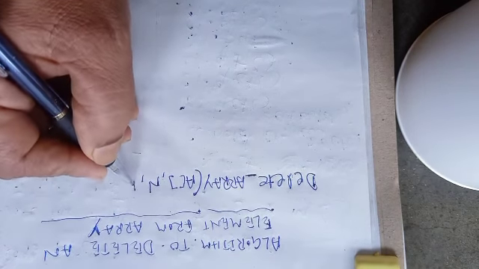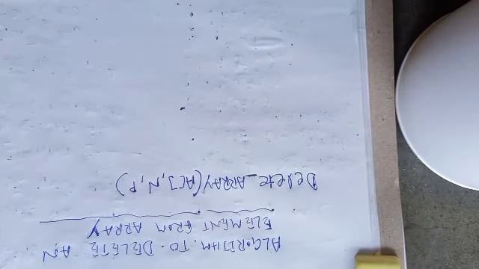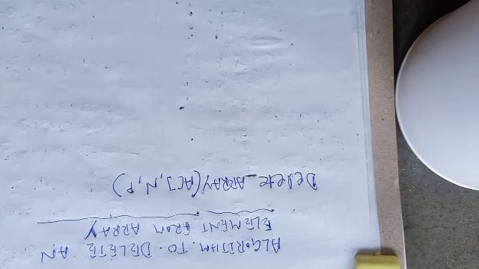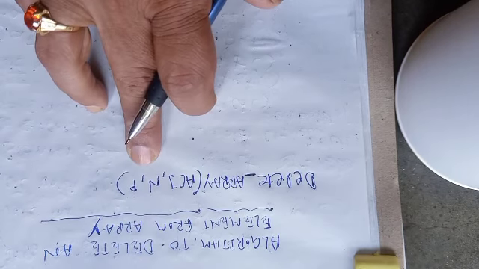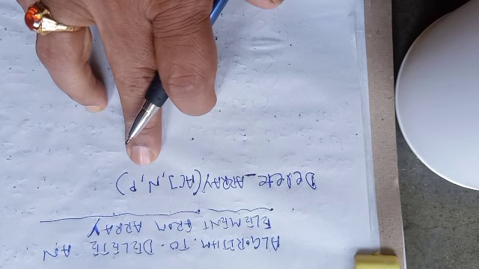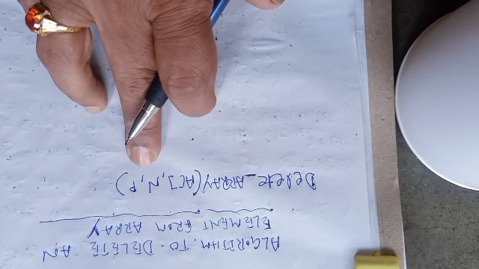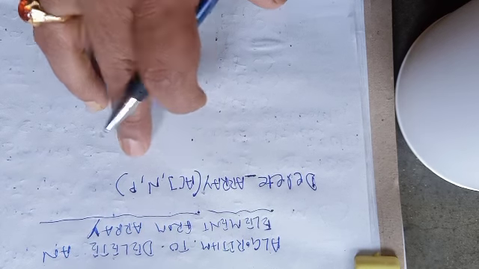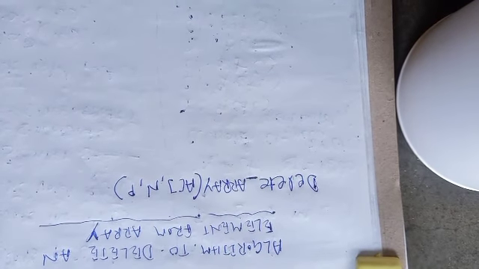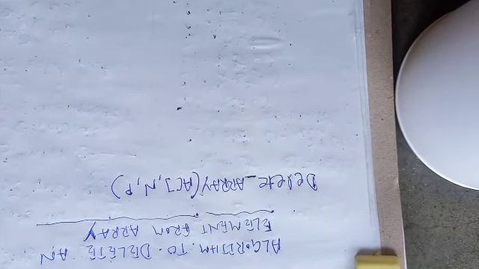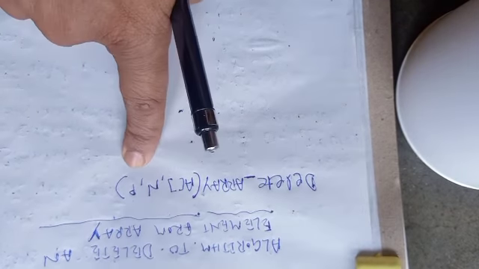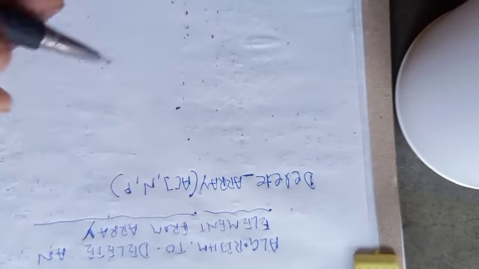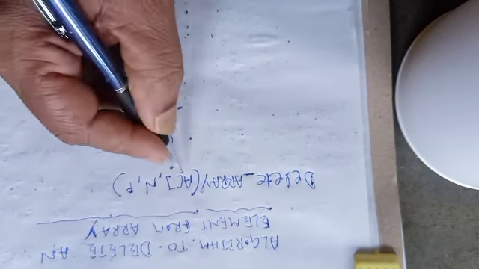Now here we will use P. P means the position, or the index position, from where we have to remove the item. Here we don't need to pass the exact data value, because the data that you are going to remove will be found through a search. The search operation will return me the index, and that index will be passed here as P. So I can just define what they are.